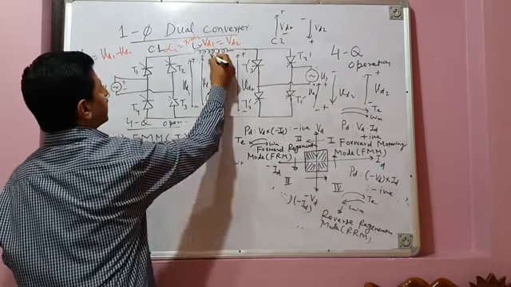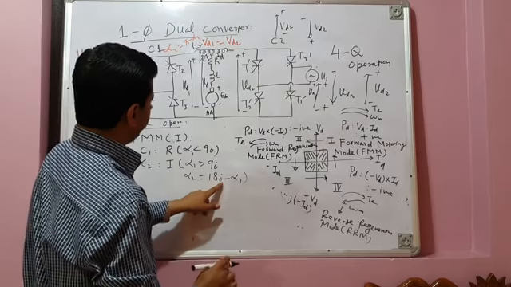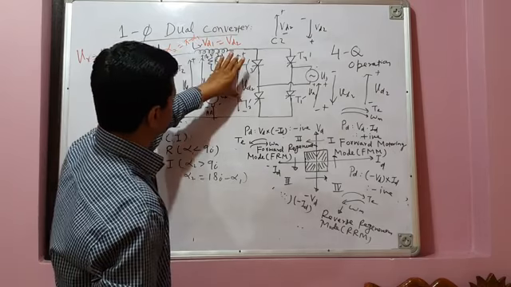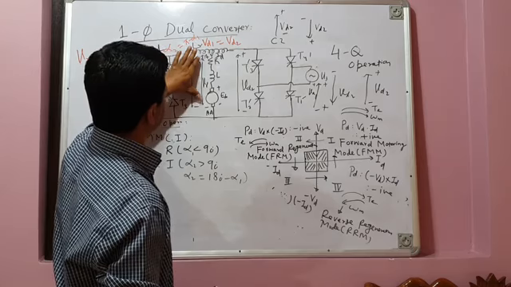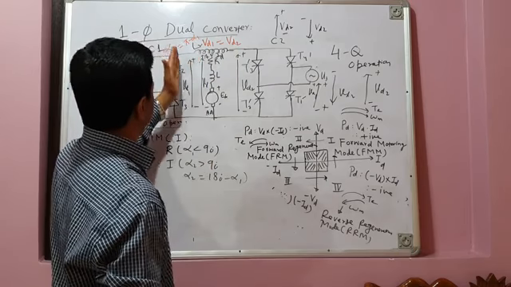Since current is positive and average output voltage is positive, that means converter C1 you have to operate in the rectification mode with alpha less than 90 degrees, and converter C2 you have to operate in inversion mode with alpha 2 greater than 90 degrees. And we know alpha 2 is equal to 180 degrees minus alpha 1. If this relation is fulfilled, then average output voltage of converter 2 is exactly equal to average output voltage of converter 1. So your load voltage is Vd, which is same as Vd2, which is same as Vd1.